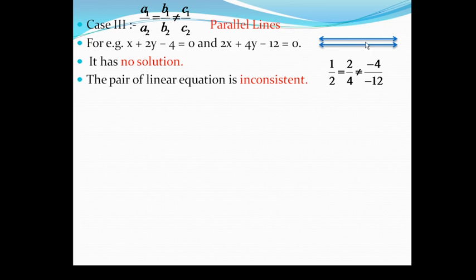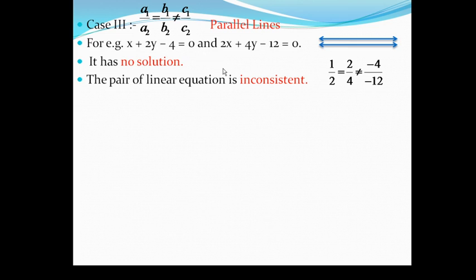Now see this set of parallel lines. See why it has no solution, students? As I told you, the point where both the lines intersect each other, we will get the solution. But since these two lines are parallel, they are not intersecting each other at a single point. There is no point of intersection, as we all know about parallel lines. Since they are parallel, they are not intersecting each other, that means there will be no solution. I hope I have cleared all the three cases to you.